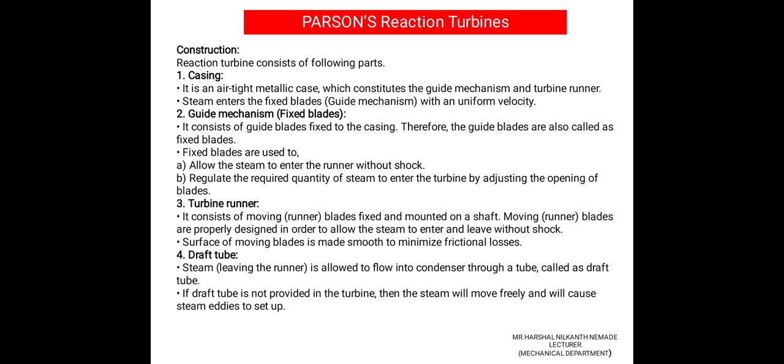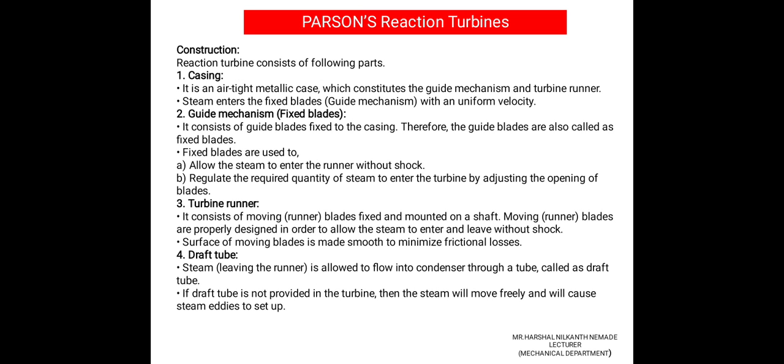Application: it is used worldwide to produce electrical energy in hydropower plants. A turbocharger in an automobile uses the pressure energy of the exhaust gases through an impulse turbine, where hot and pressurized gases coming out of the exhaust are converted into a high velocity jet by passing them through a nozzle. It is also used in reverse osmosis plants, where the wastewater jet velocity is used to run the turbine, thus acting as an energy recovery system.